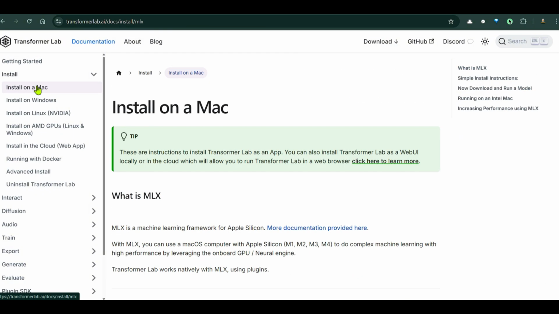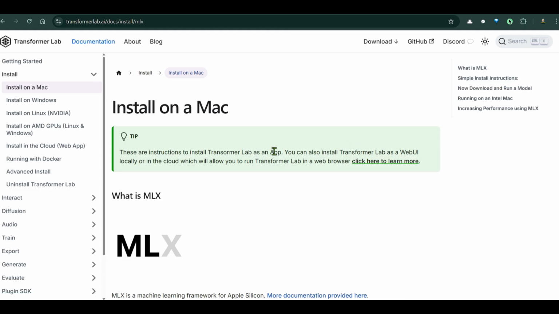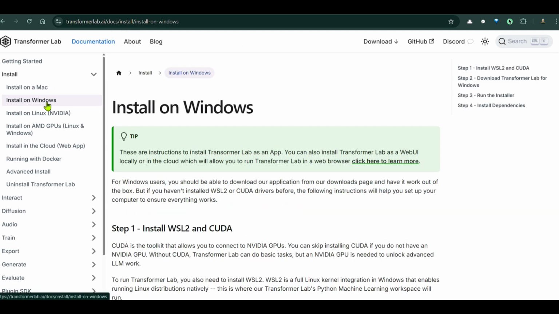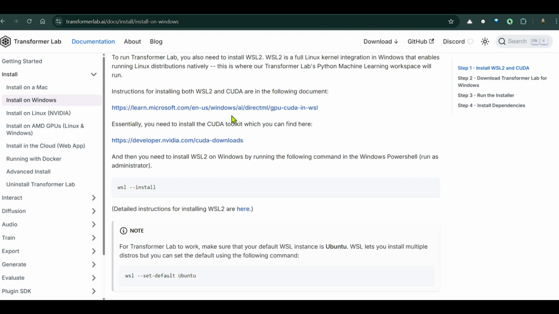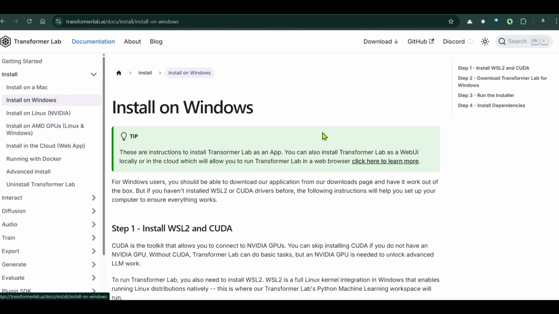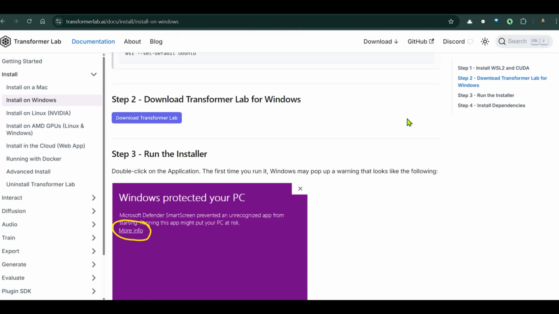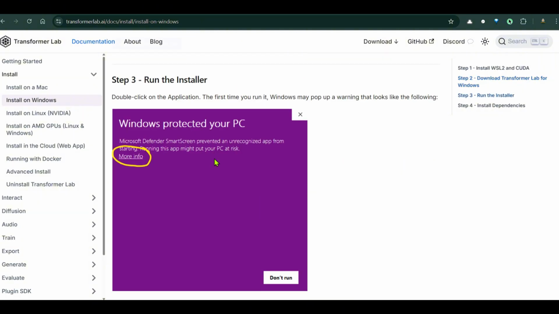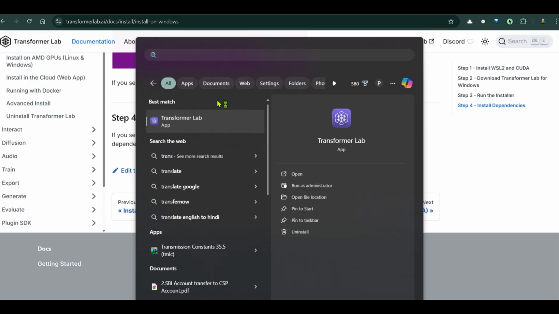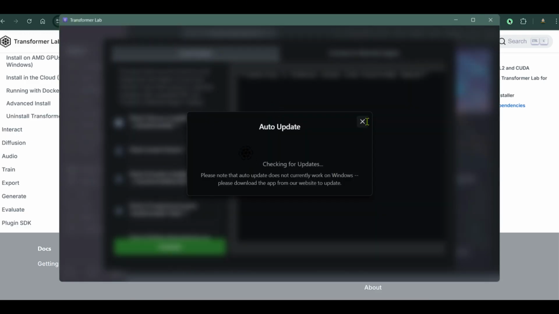Now, installation of Transformer Lab is pretty easy. If you are on a Mac, you just follow these instructions and you can get it installed on your system. If you're on Windows, you can go ahead and install this on your system. If you're on Linux, it's easy as well. Since I'm on Windows, I can go ahead and download Transformer Lab, run the installer, and then get started. So after installation, you'll be able to open up Transformer Lab, and you will be able to see